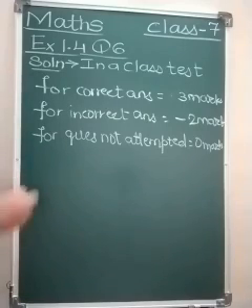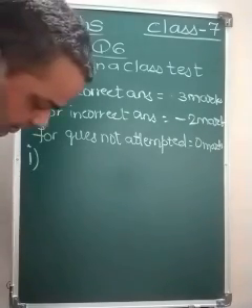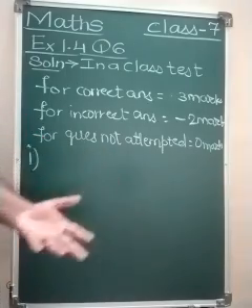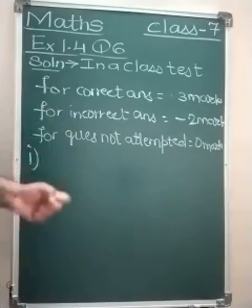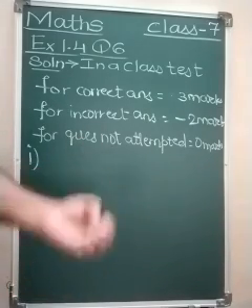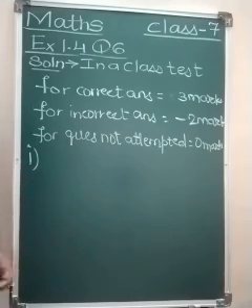Now what is the main question? So the first question we are going to solve. Okay, Radhika scored 20 marks. This is very important. Now here Radhika's total marks are given. So Radhika totally had scored 20 marks. If she has got 12 correct answers, how many questions has she attempted incorrectly? So total marks are given, how many questions she has solved correctly is given, and we have to find out the number of questions she has solved incorrectly.